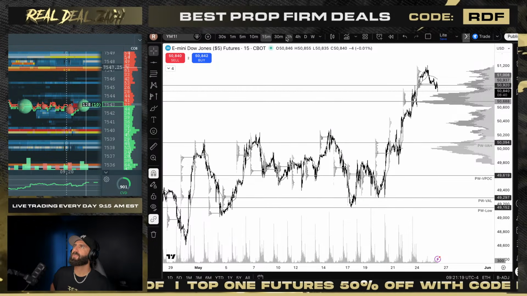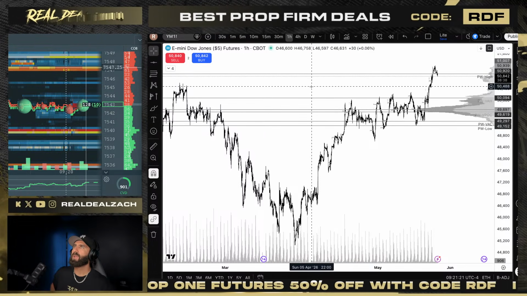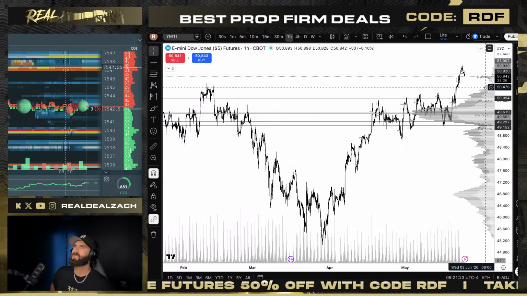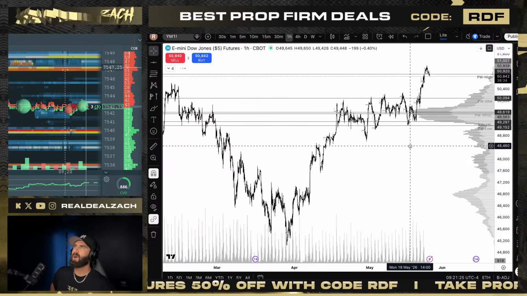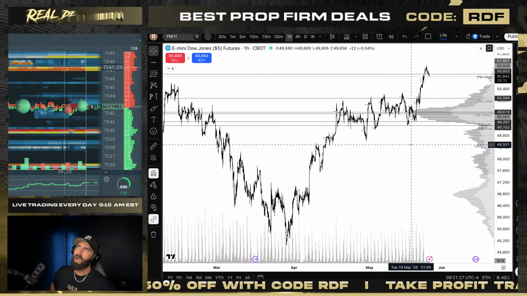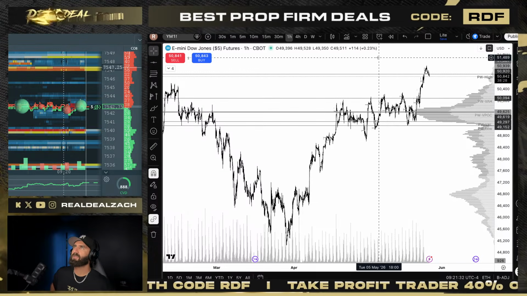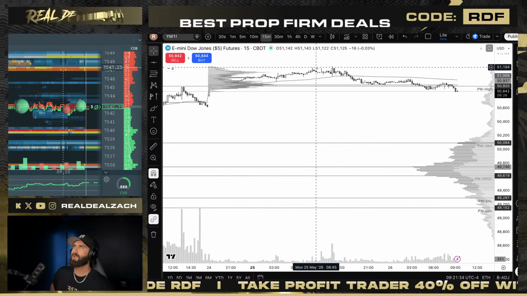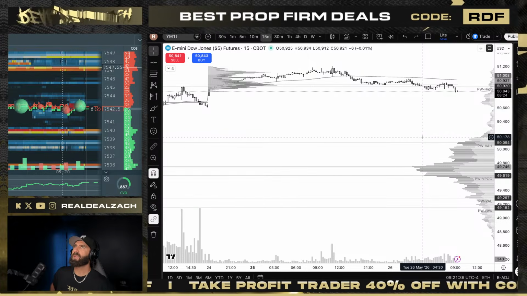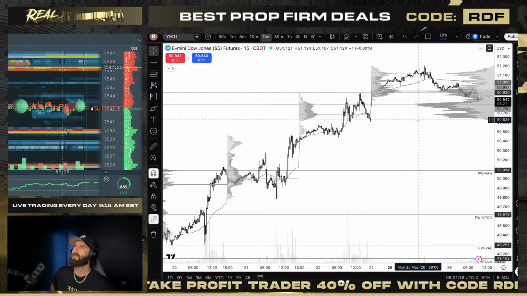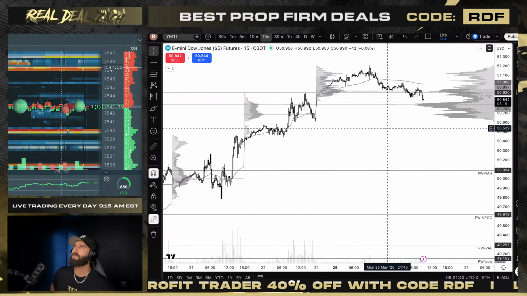Just zoom out on the 15-minute, zoom out on the 1 hour, just get a little frame of reference here. Let this volume profile reset. Yeah, man. So I'm not going to mark too many levels here, guys. I'm not going to mark 47,000 to the downside and upside. I think I'm going to go near price today and just take a look at what we have setting up. And if we're going to pull back, what I'd be looking for.